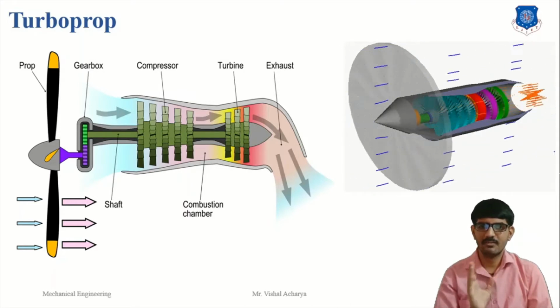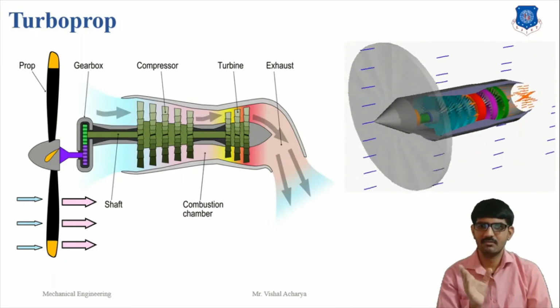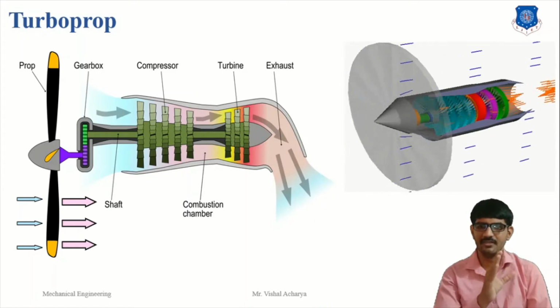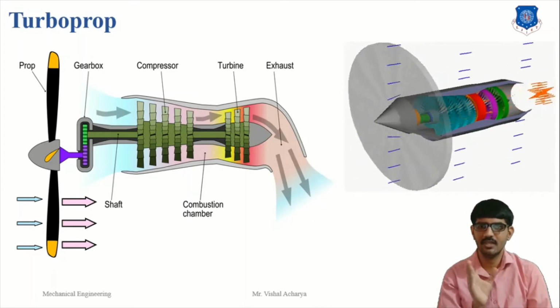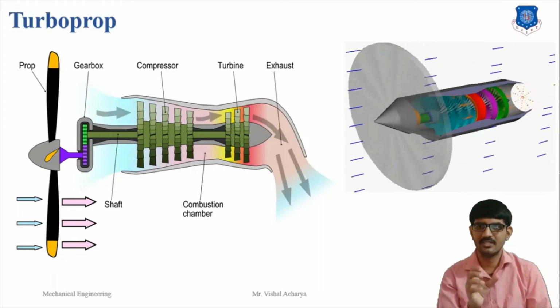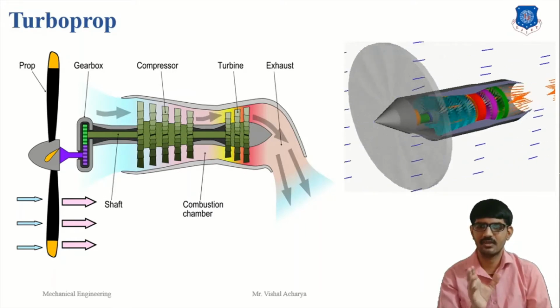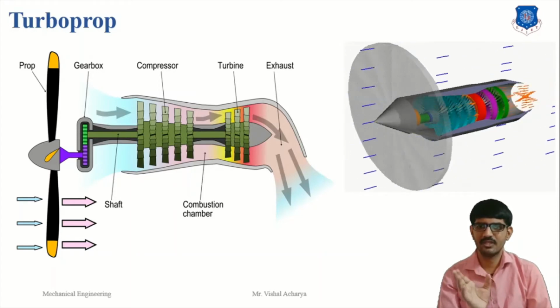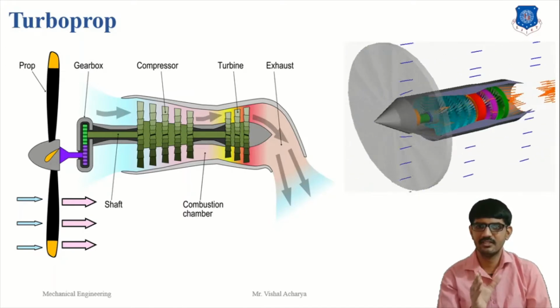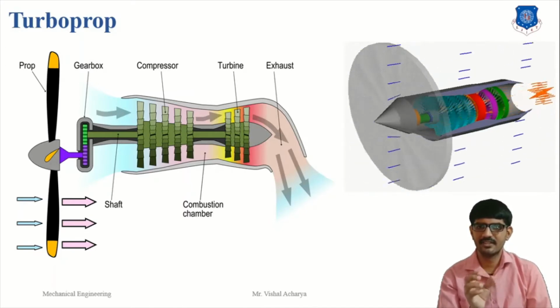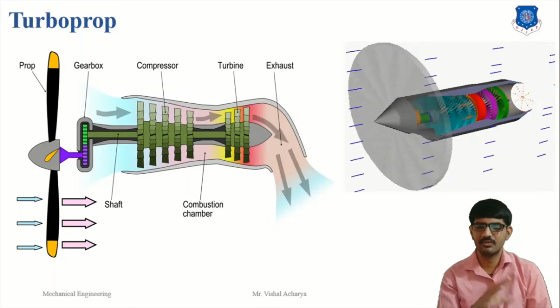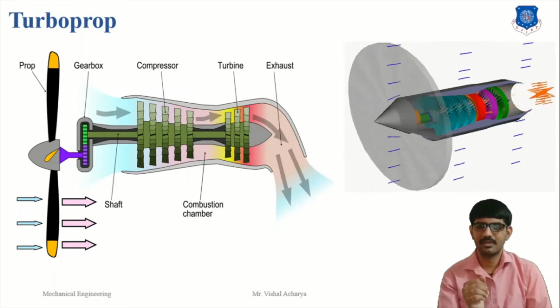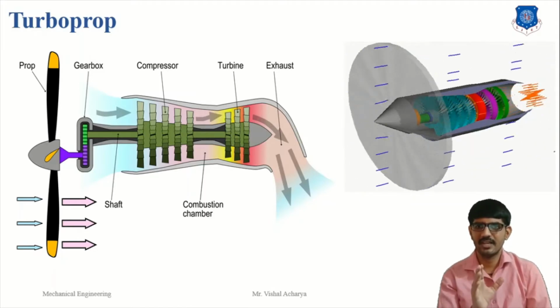In general, the turbine section of the turboprop engine is very similar to the turbojet engine. The main difference is the design and arrangement of the turbine. In the turbojet engine, the turbine is designed to extract only enough power from the high velocity gases to drive the compressor, leaving the exhaust gases with sufficient velocity to produce the thrust required. The turbine of the turboprop engine extracts power from the gases to drive both the compressor and the propeller. So here the main difference is the propeller. Only a small amount of power is left as thrust.